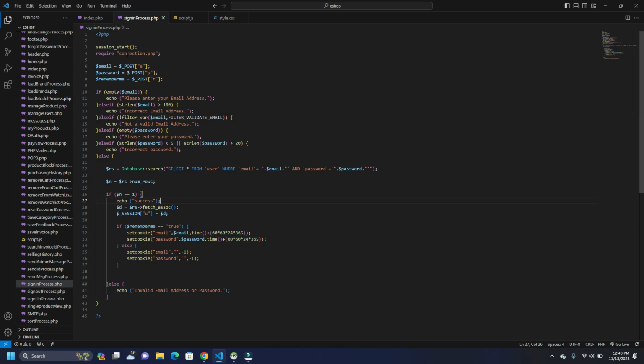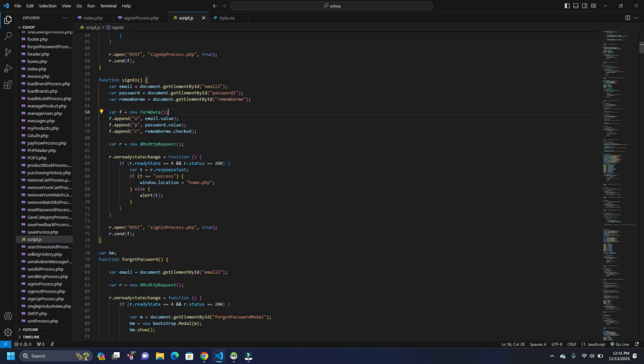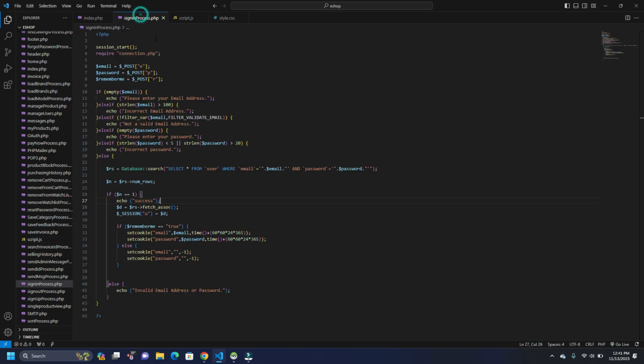Then we have the statement requires connection.php to write SQL queries, and then the values that are sent through the post method are captured by the post arrays and assigned to these variables, and those variables are going through a